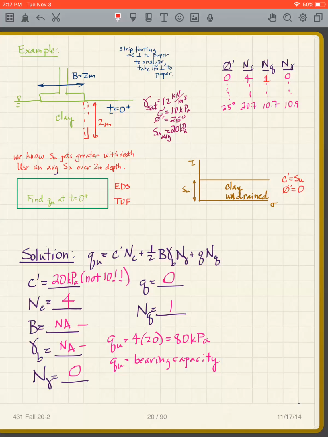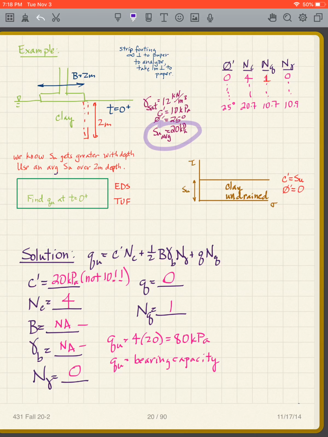Okay, so let's do some example problems here with the bearing capacity equation. We are going to start with a footing, and the width of the footing is 2 meters. And we have a clay soil underneath, the water table's at the ground surface. Gamma saturated is 12 kilonewtons per cubic meter. It's a C prime of 10 kilopascals, a phi prime of 25 degrees, and we're going to say SU average